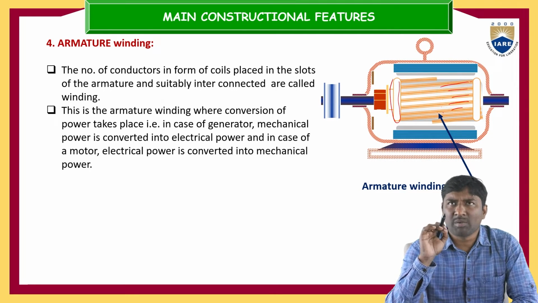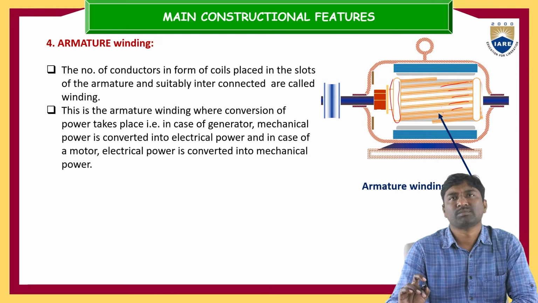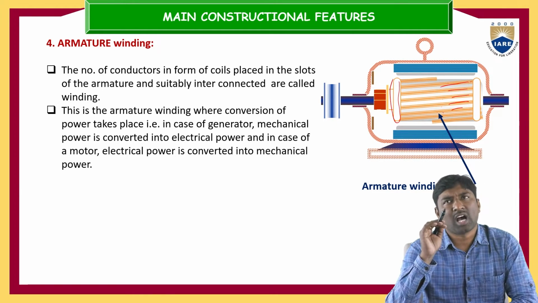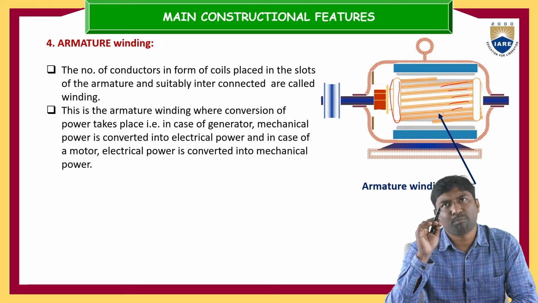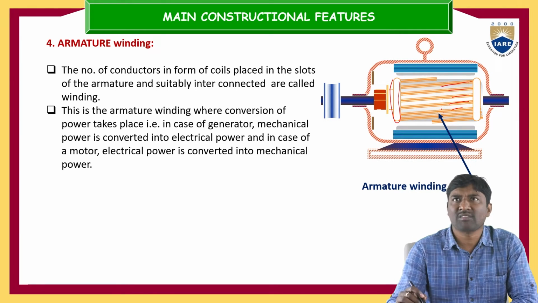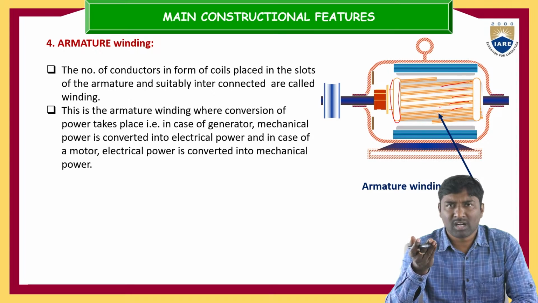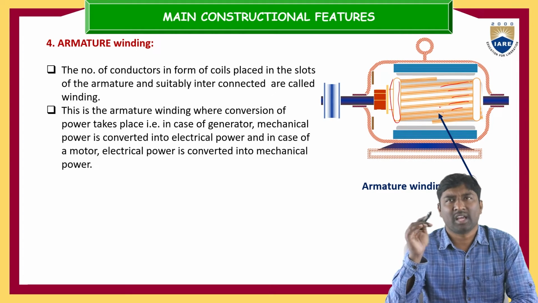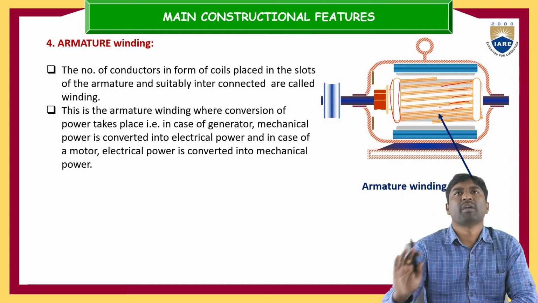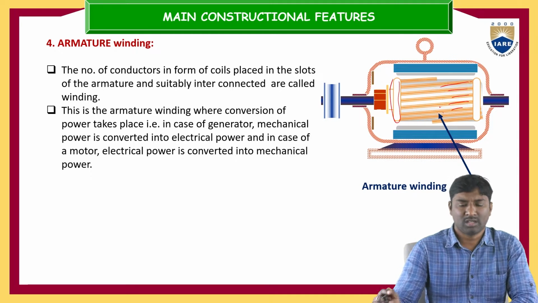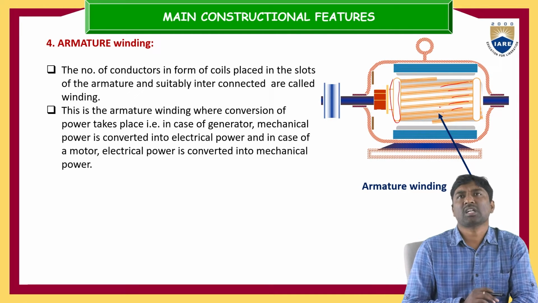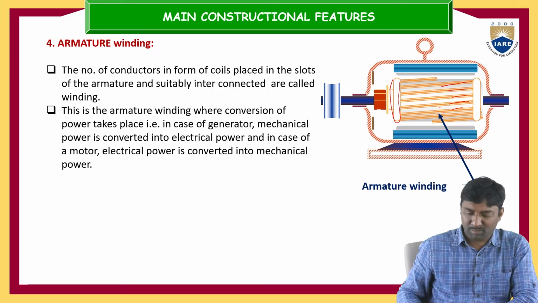The armature winding is made up of copper or aluminum, and it is where conversion of power takes place. In case of the generator, mechanical power is converted into electrical power, and in case of the motor, electrical power is converted into mechanical power. Okay, so this is about armature winding. Next part,